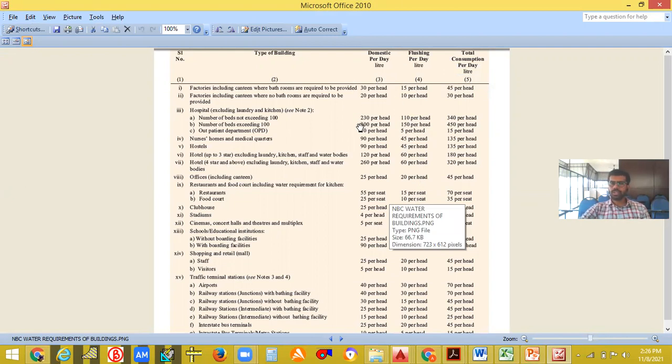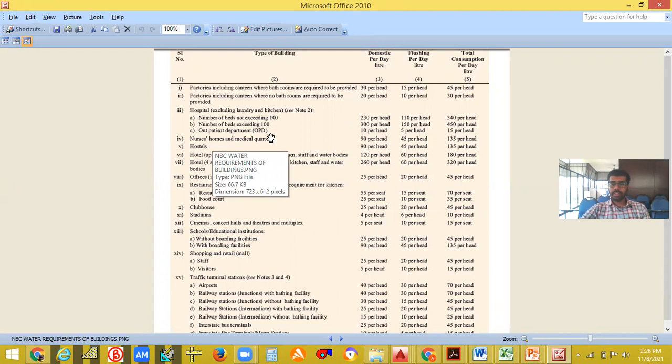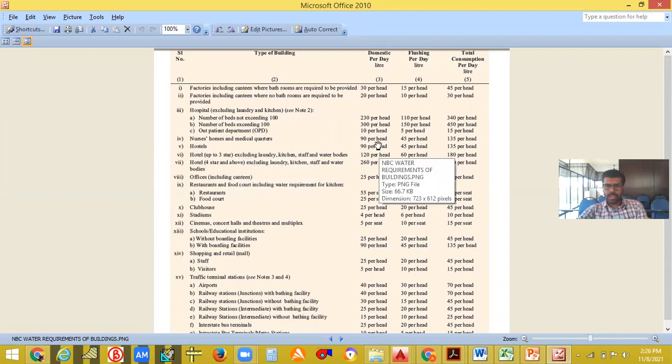So for example, in your house there are, for example, 10 people. You just imagine 10 people. Just assume 10 people are there. In that case, you have to go to this. And for example, if you are dealing with nurses' homes or medical quarters, or hostels, in a hostel, just imagine there are 10 people. So how much water can they demand, or how much water are they using in a day? You can just go to the hostel and you can see here this 90